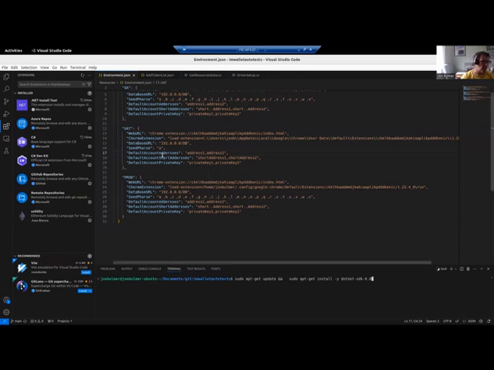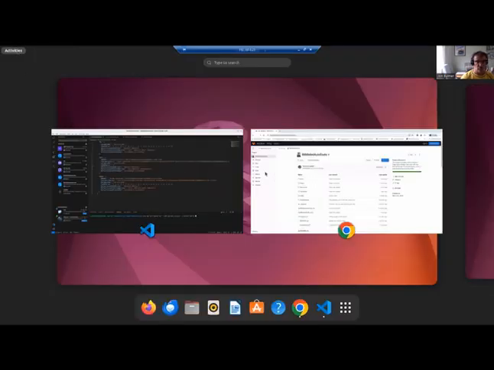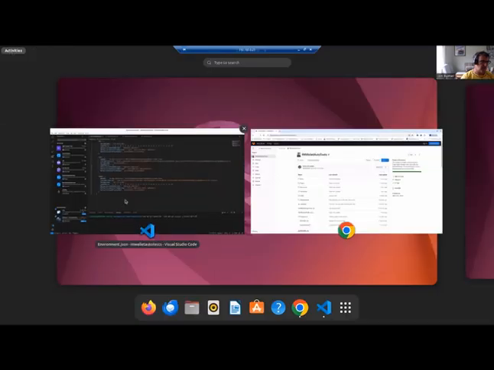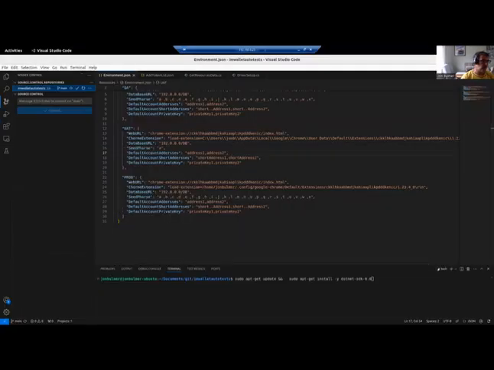Okay, when you've got that, you've got what is ready to go in terms of the code. You're going to have to visit the GitLab John.Bulmer IAM-Wallet auto tests. This is where you want to visit, and you need that URL there. Then verify you can actually go to it. When you've got that, if you go back into Visual Studio, if you go to GitHub, and then you enter the Git name here, this won't be set up like it is, it's set up for that, and then you'll be able to